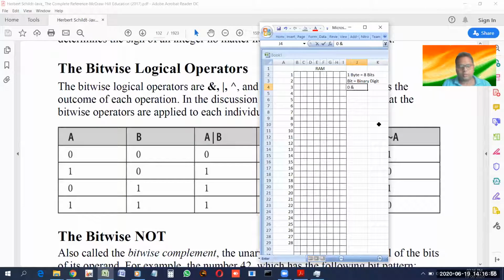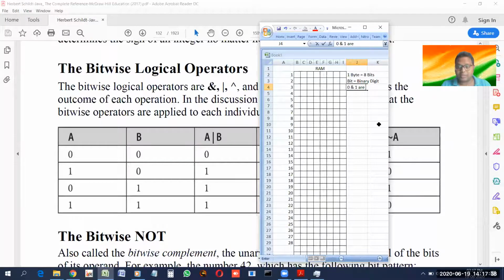0 and 1 are binary. Bi means 2, and binary is a number system. And in the same way, you already know these things, but let me discuss this once again. Decimal is a number system. Decimal is derived from the word deca. Deca means 10. In the decimal number system that we use, humans use it, although you know it or not, we use the decimal number system. In that number system, we have 10 digits, and using all those 10 digits, we represent any number.